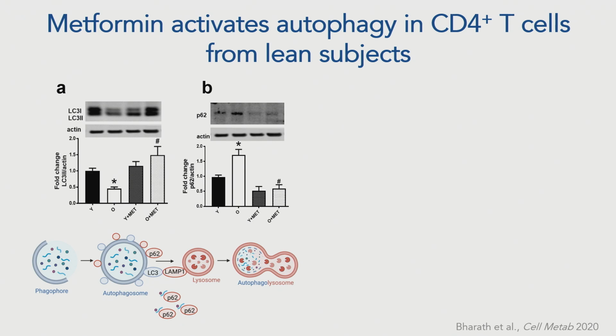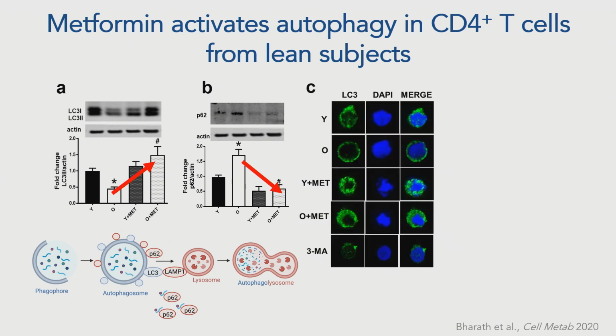We're working all on primary human cells, really looking at defects in autophagy based on lower LC3B, which is down here on the autophagosome, and accumulation of P62 in the older cells, really telling us that there are defects in autophagy in these T cells from the older people that are repaired by our baseline experiment stimulating the cells in the presence of metformin. We use complementary confocal approaches, which are really looking at LC3 puncta in this autophagosome structure,